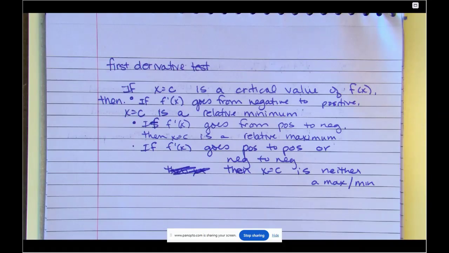It's a neither. And a lot of times on the AP test, they will ask you, here's this, at x equals 1, is this a maximum, minimum, or neither? And they'll ask you why. The reason something would be a neither is because it doesn't change from positive to negative or negative to positive. It just keeps going positive to positive or negative to negative. We'll do an example like that in a minute. I don't like that example though. So let's do